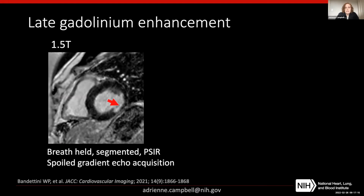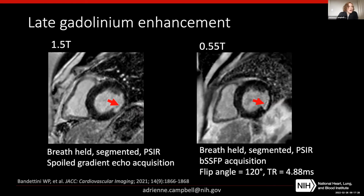The next technique that we investigated was late gadolinium enhancement. Here I'm showing a 1.5T example using a spoiled gradient echo acquisition, which is the most common late gadolinium enhancement sequence. At lower field strength, we moved to an SSFP acquisition. We increased our flip angle, we changed our TR. Again, no magic here, but you can see that overall the image quality is really similar between the two field